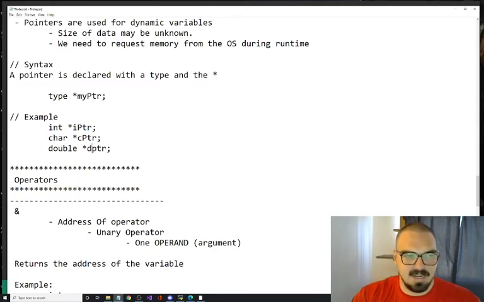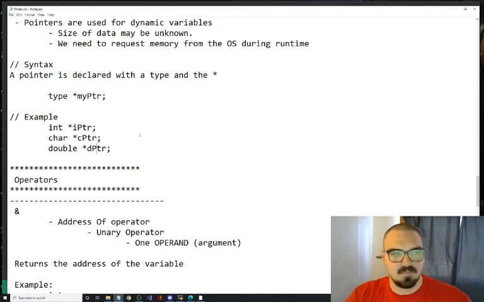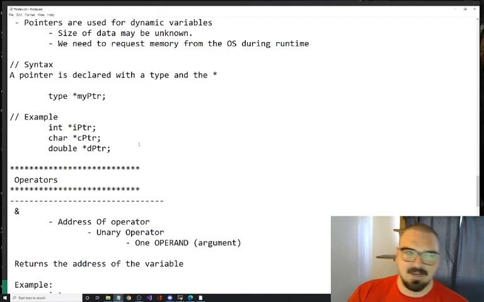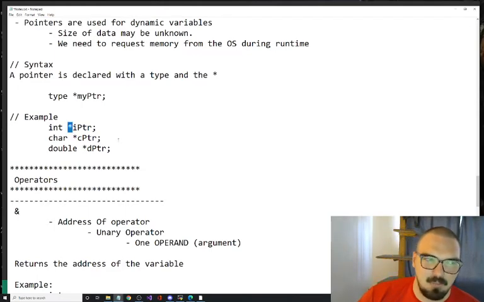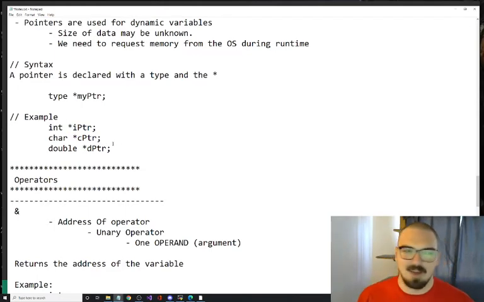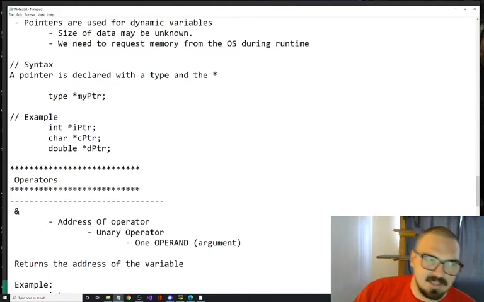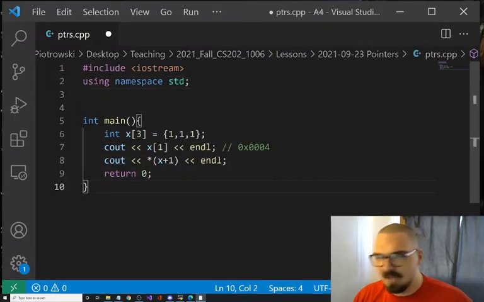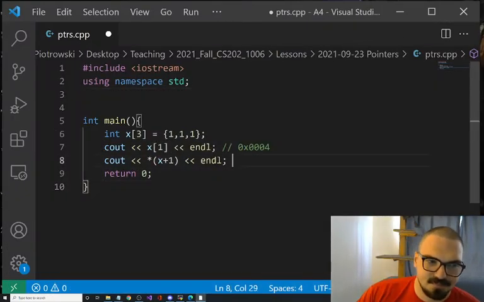So let's go look at that in the code. All right, the only thing required here is the star. That's a little confusing, right? Because we just learned that this is a dereference operator. It's also a multiplication operator. Like, come on, C++, what's up with all this ambiguity? Pick one thing and use it. Well, at the same time, there's not enough keys on our keyboard, is there?